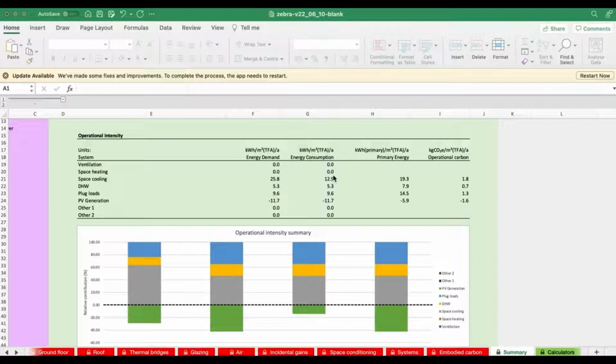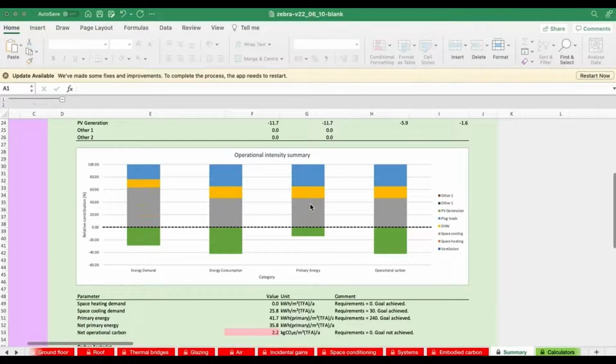And that isn't that surprising due to the fact that we've got a huge floor area, a lot of people in this building, and a very modest roof area, considering that. So if we now look at that information as fractions and in a chart form, we get this, and we can see that, for example, the energy demand graph, the biggest item is this dark gray area, which is the space cooling.